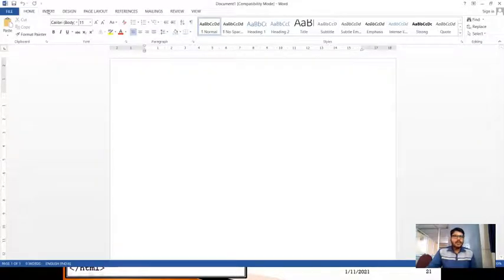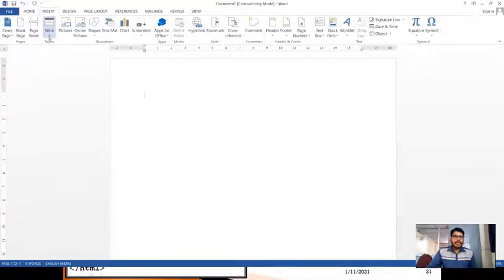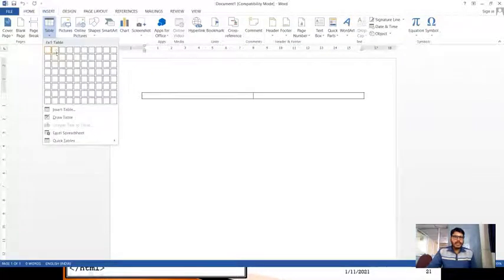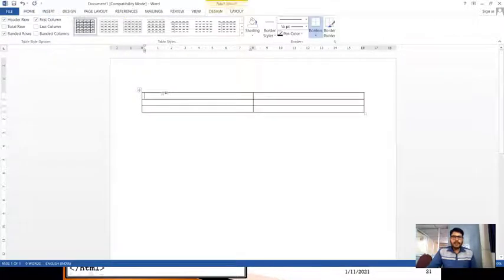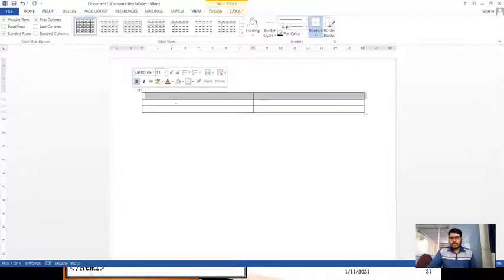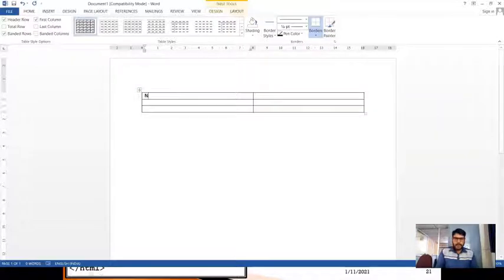So assume that I'm going to create a table which looks something like this. I want to include 3 rows like this, and in the first row I want to include table headings: name of student and course for which he is studying.